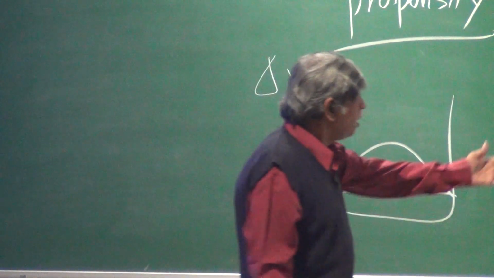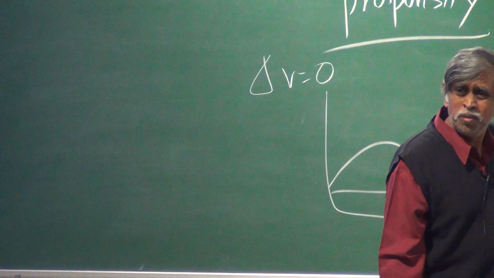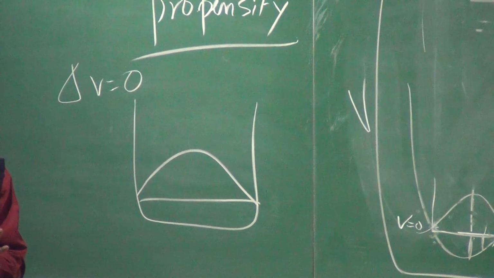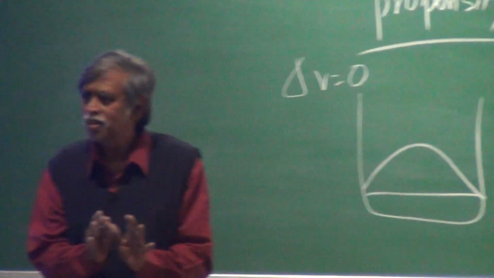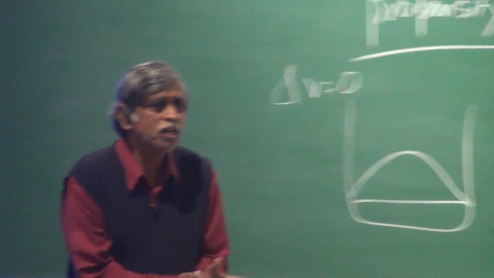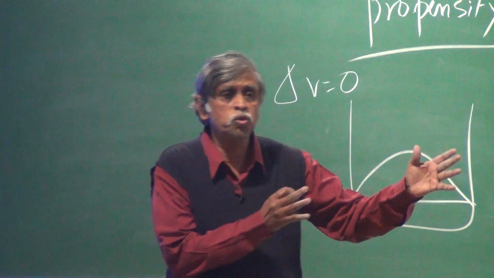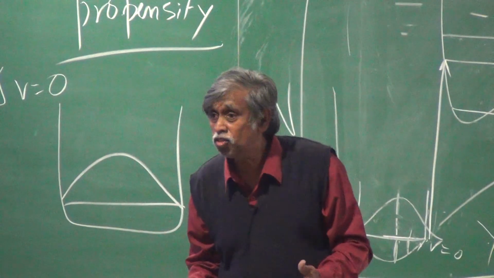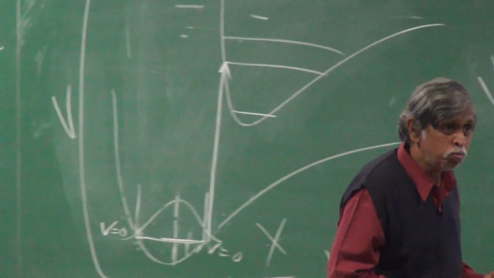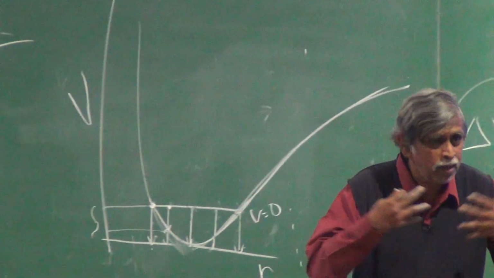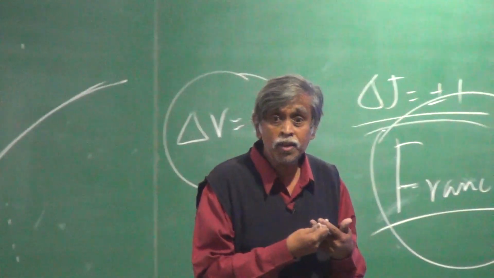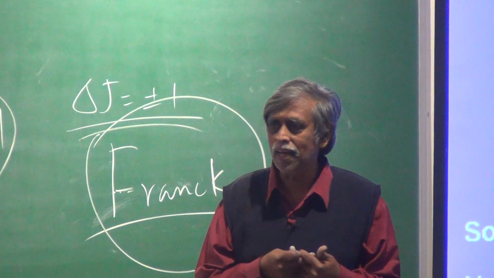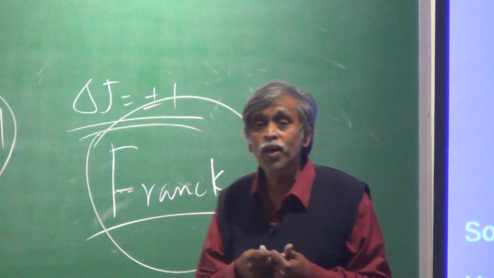So while Franck's statement seemed to give us a good handle, actually his statement was quite good. Most experimental data could be explained on that basis. But we just couldn't accept it because it was hurting another very important issue in quantum chemistry, the Heisenberg principle. And therefore we have to see if there is some way we can bring truce between Heisenberg and Franck, who now seem to be at loggerheads. So we have to do something to get a truce between these two great spectroscopists and quantum mechanics people. And that is where Condon came in.